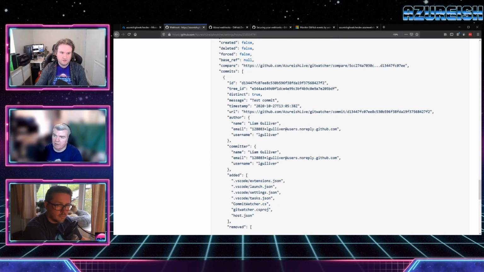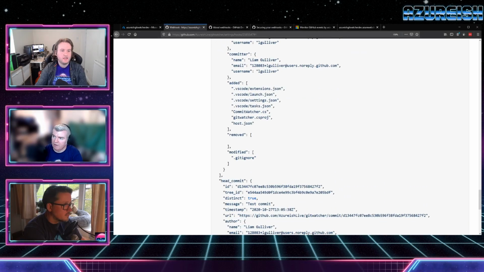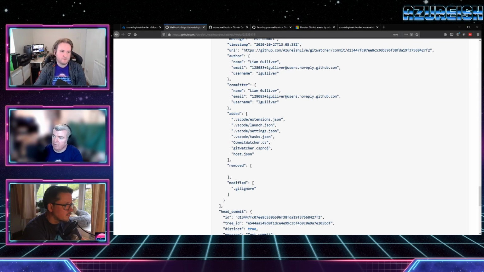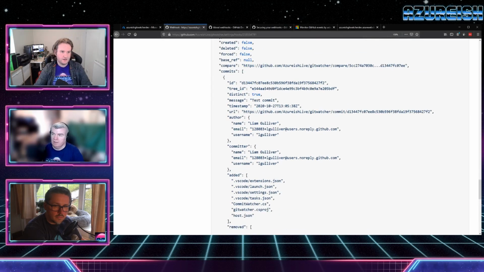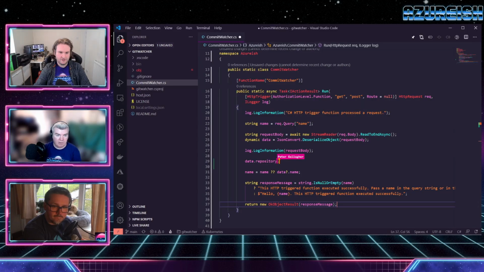Where are you looking? I'm just looking at the JSON that we've got there, and you get a ref before and after. Sorry, a repository and an under repository. We can get that. That's all right. This is the beauty of Live Share, isn't it? So it looks like it's in a spell repository. Cool. Dot, and then what are you after?